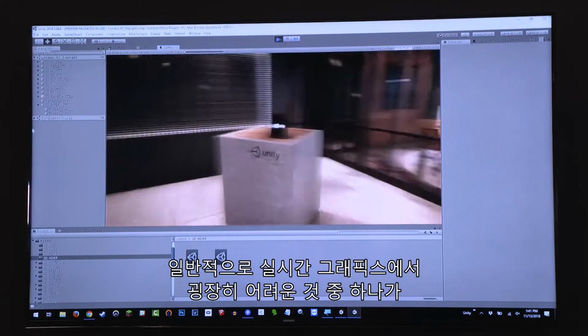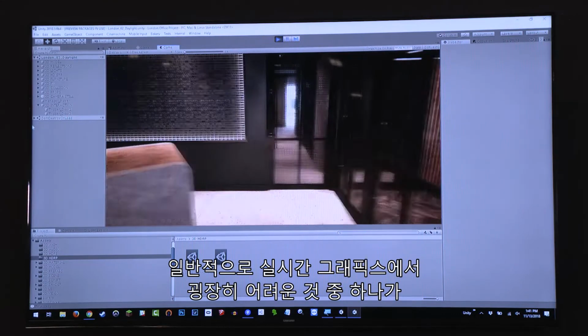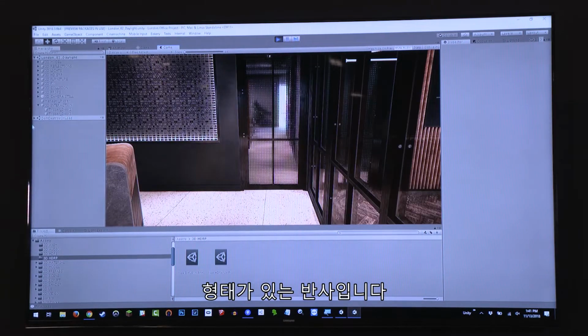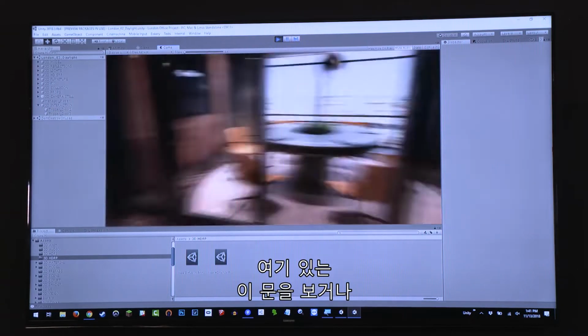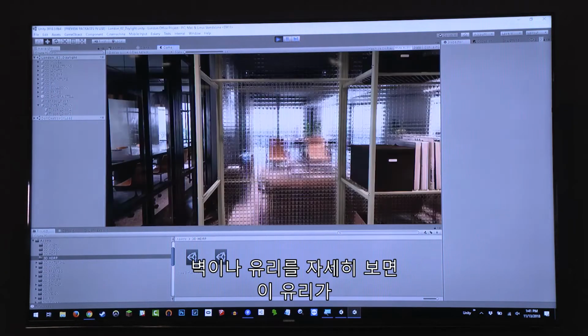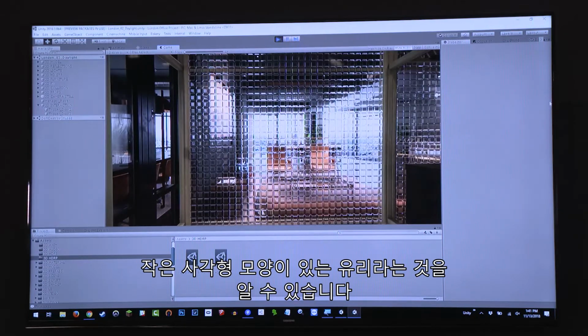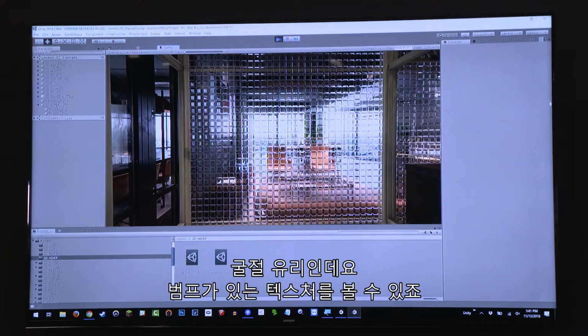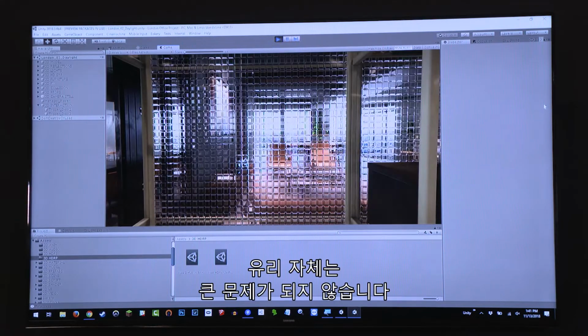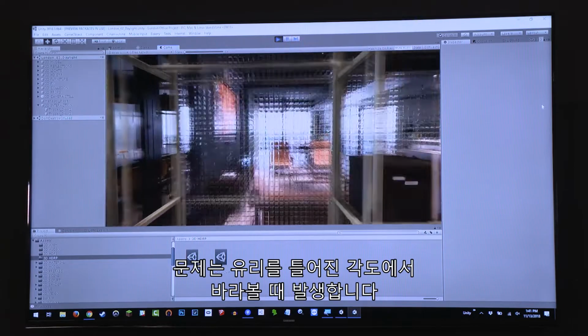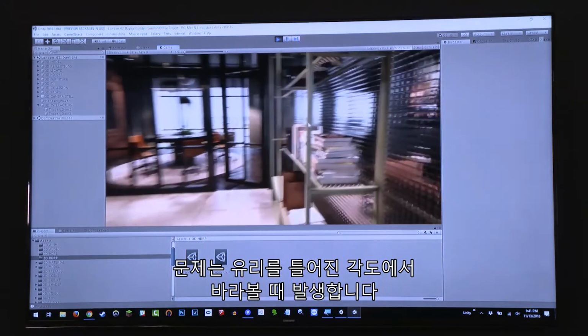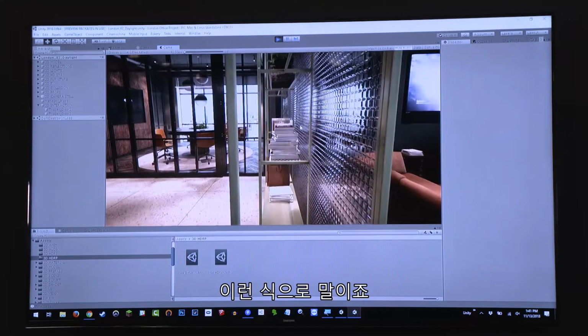One of the things that's generally very difficult to do in real-time graphics is shaped refraction. So if I look at this door here, or this piece of wall, or this piece of glass, we're going to notice that this is glass with these little squares built into it, right? So that's refractive glass. We can see its texture, it's bumped, whatever. That in and of itself isn't the challenge. The challenge comes from when I look at this glass at an extreme angle, say like this.